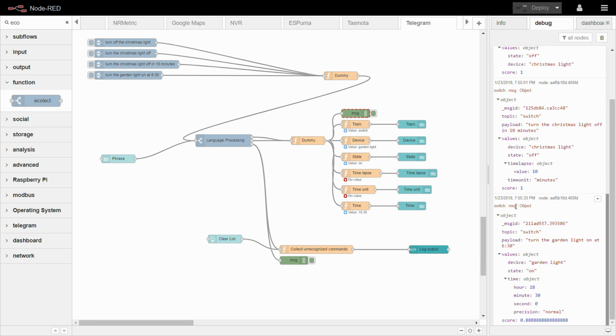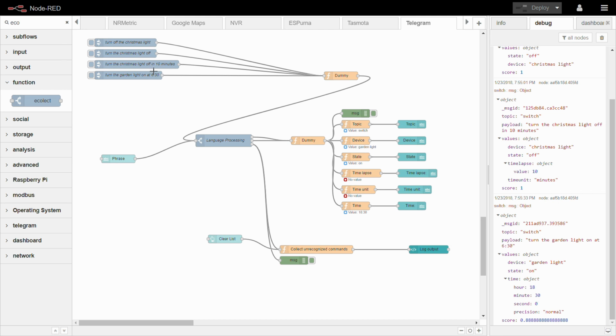Which I haven't mentioned before is that for every single one you also get a score, which is more like a confidence score. For the first two, it says that the node is 100% confident that it managed to identify the switch topic, and in this case it's only